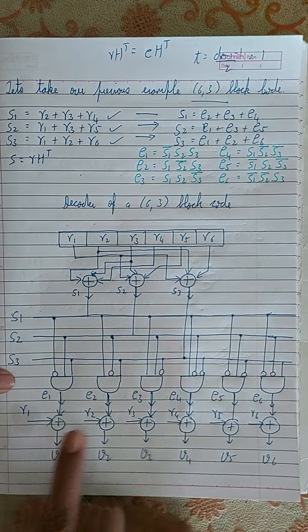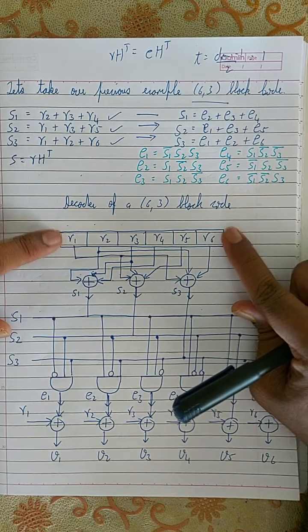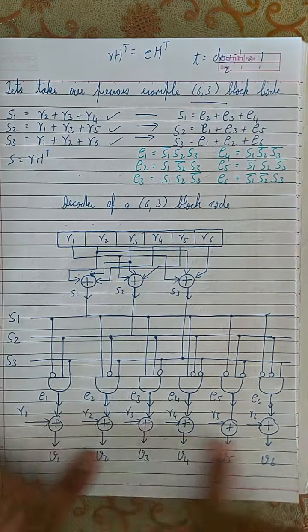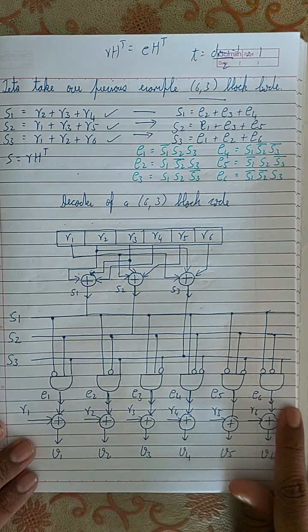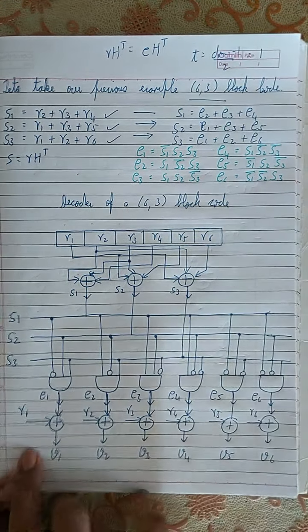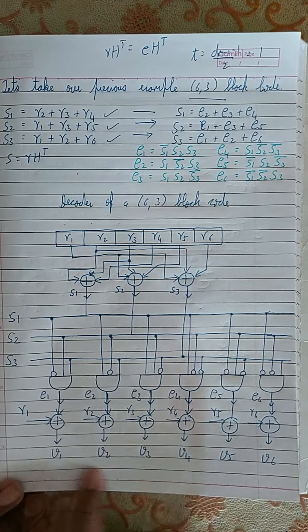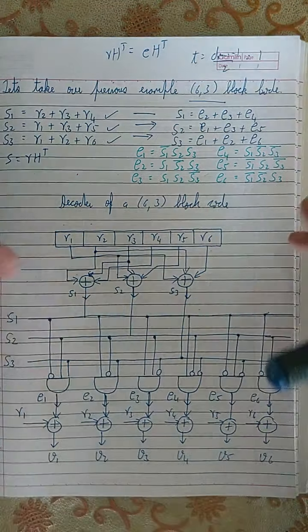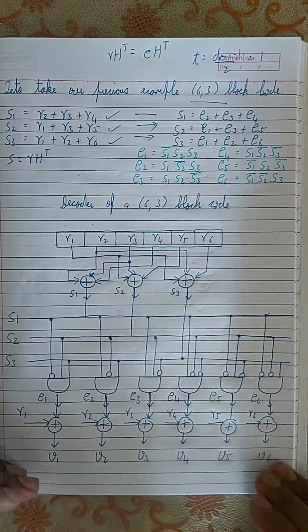See, because R1, R2, R3 we have already got those values, right? We already received R1 to R6, so just feed the same values over here. And we have already calculated the error bits, so give those to the XOR function. So XOR of each of them, you will get the transmitted code word. That means from the received code word, you have found the transmitted code word.